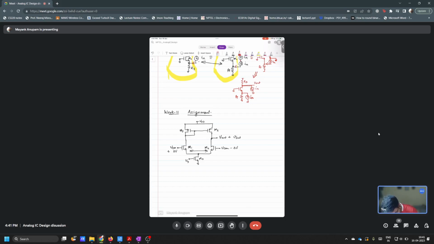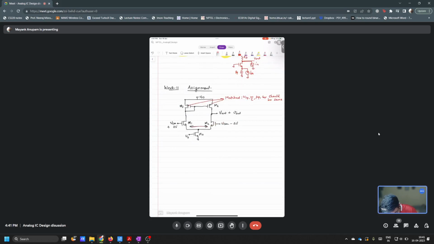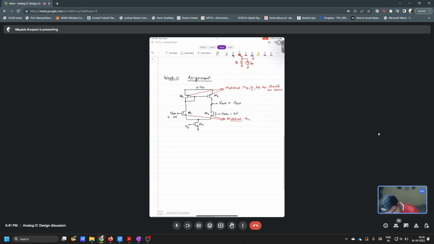So let me take this. These two have to be matched. And what do I mean by matching? I mean that VTP, W by L, mu P Cox should be the same, correct? Similarly, these two here have to be matched, which means VTN, W by L, mu N Cox should be the same. Okay,